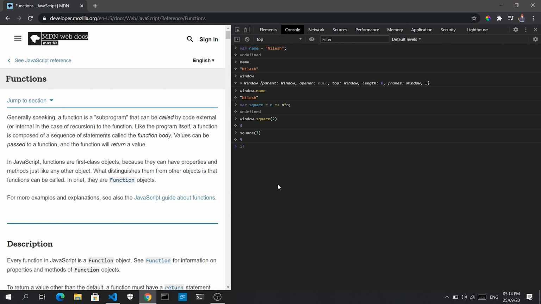Let me type if name, which we declared earlier, right? And if I compare it with window.name, and I will type something like this, console.log, and again hello. So if I hit enter, it will give me the console log with hello. That means my name is equal to window.name. I can also check directly because both the values are the same, right? I am comparing the same variable. So that is what we can do.